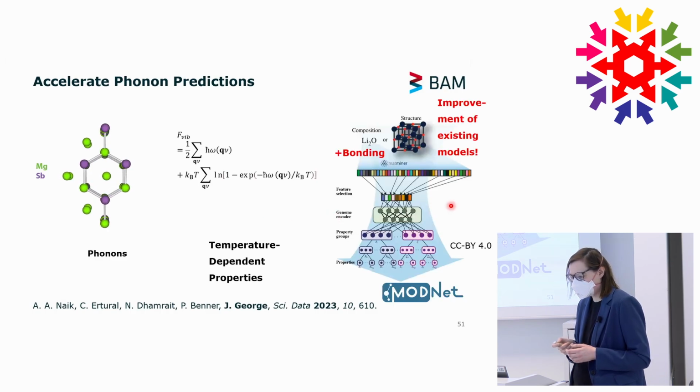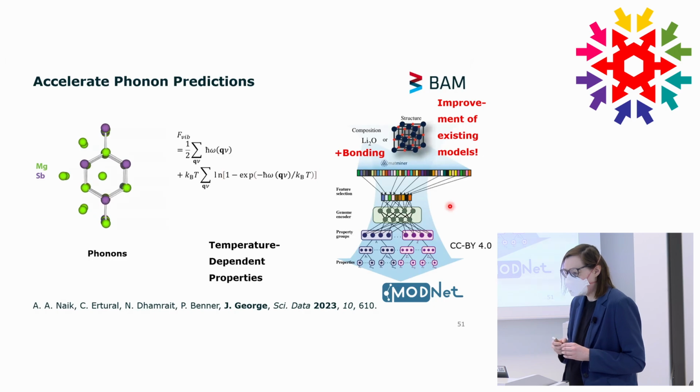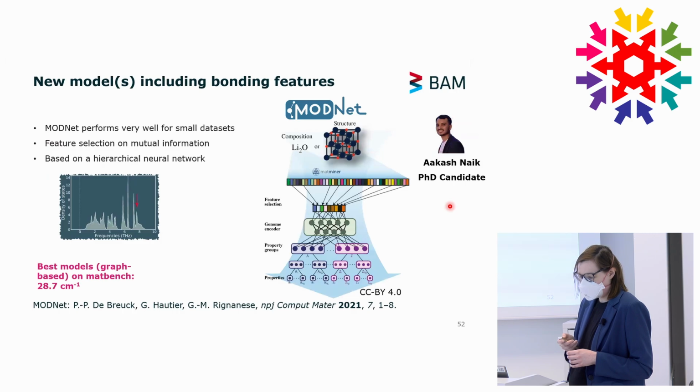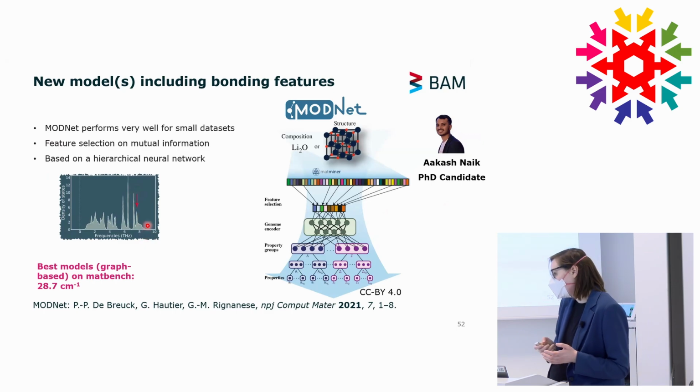And we already can show that these bonding properties improve existing models with certain phonon properties. The one that we are learning here is the last peak, I would say, the last peak in the phonon density of states,